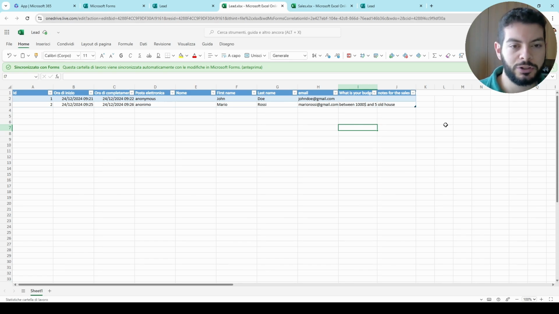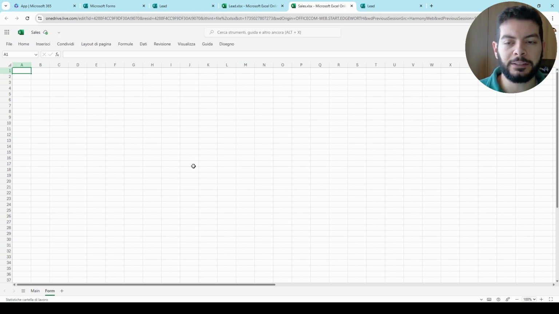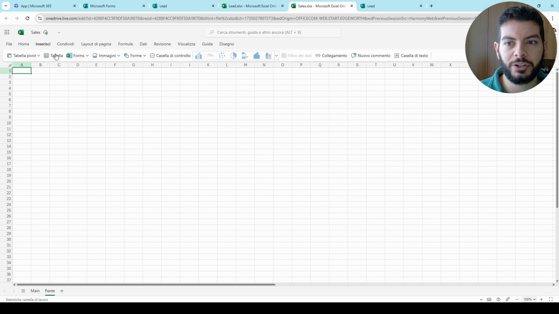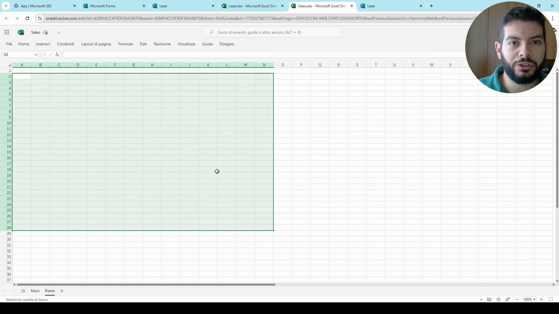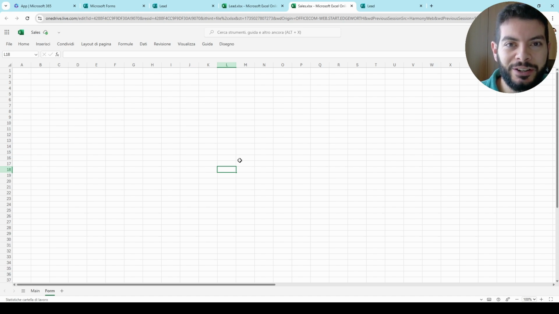For example, pivot tables. There is also another way to add the form without passing from here, that is insert form, and then you edit the form as you like. Now there are some people out there who do a thing I find not elegant at all, and that is they put the form inside a Google Sheet, which has a much higher grade of complexity than what I showed you. It goes against the objective of the last two videos, that is having something fast and tidy.